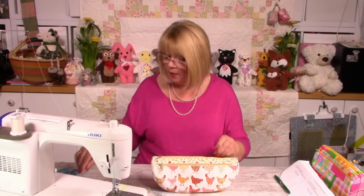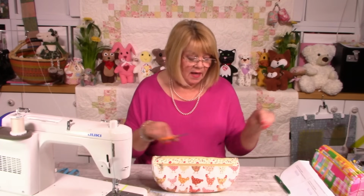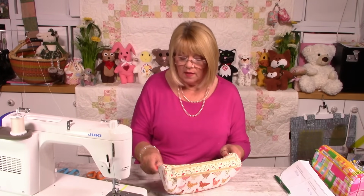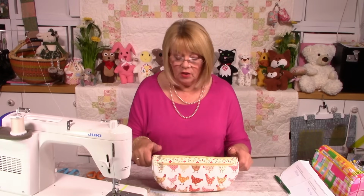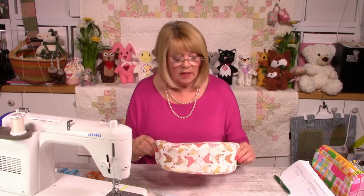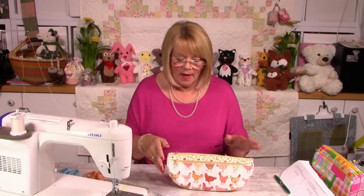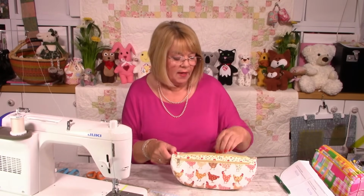But we need to put that binding in. So it's exactly the same as you would do with any binding, in that we're going to stitch one side and then we're going to flip it and hand stitch the other side to make it super neat. I'm just trying to get rid of all the threads that are on there. And that's then your pouch done. So if we open it up again,